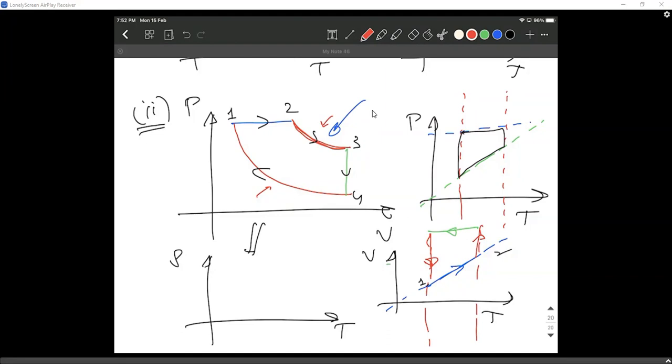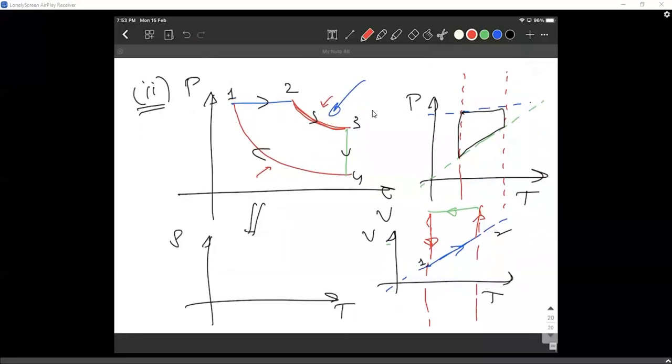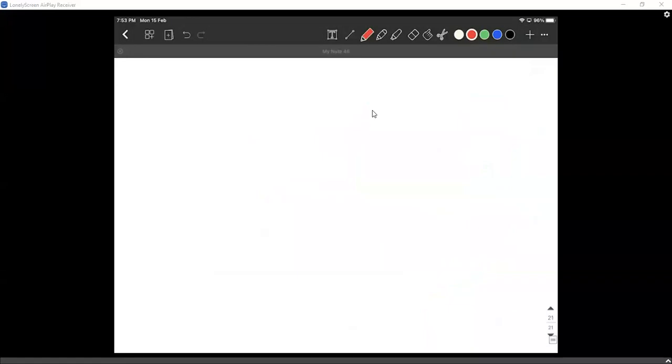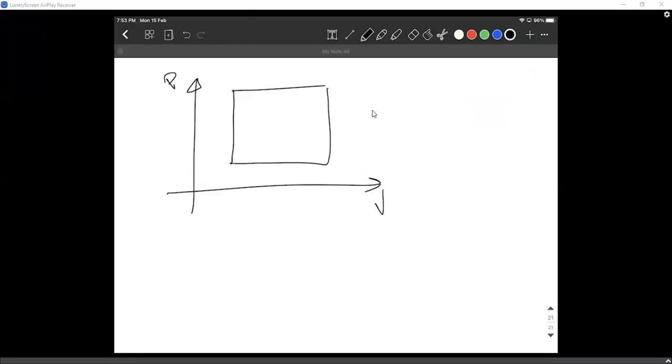So this is how you slowly turn one graph into another. This is just for exam purposes. There are not really many uses for this. When you go into thermodynamics, you must be ready to convert one of these graphs into another. There will be more of these questions. I can give you a simple question like a PV graph, except all the lines are like this. So the whole process goes like this.